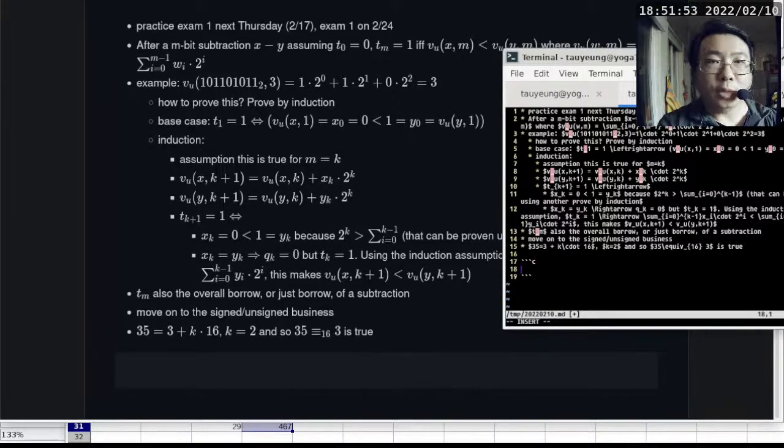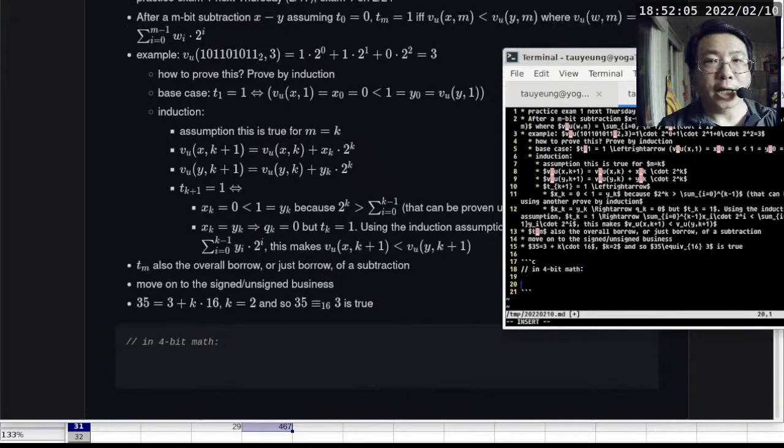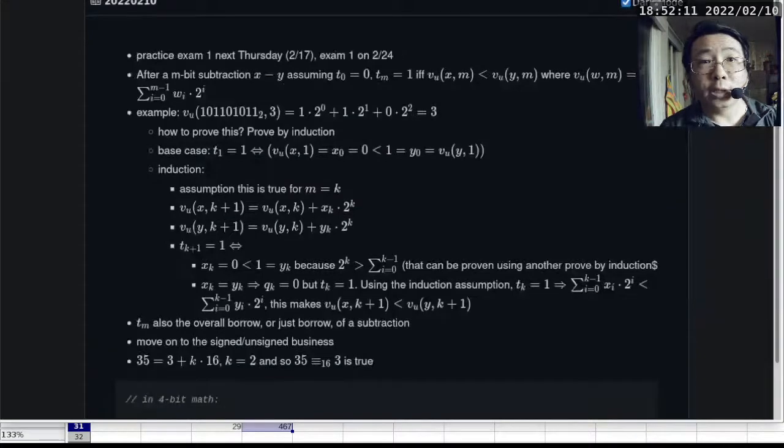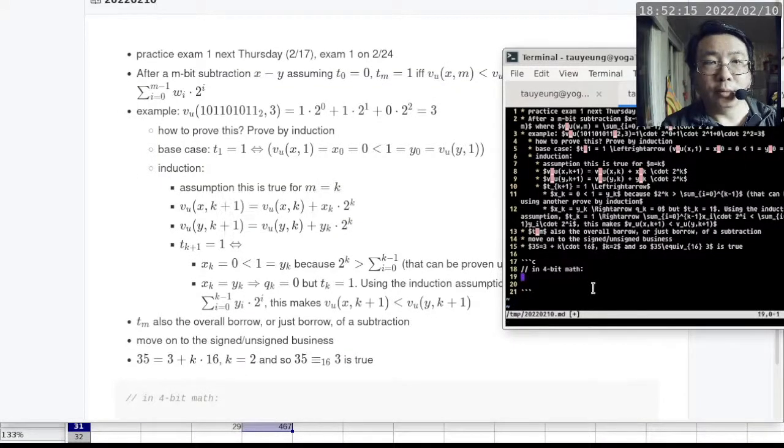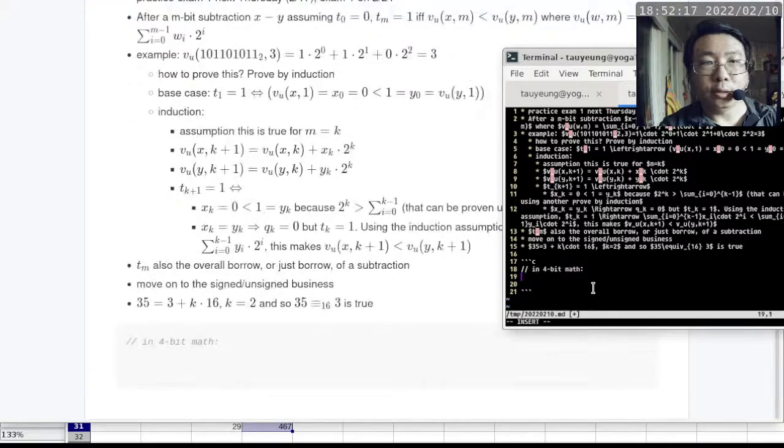So that means if you say tilde. Okay, so in 4-bit math, because I'm not ready to use 32-bit math. That's just a little bit too much. And I want to turn on light mode. There we go. All right, so in 4-bit math,